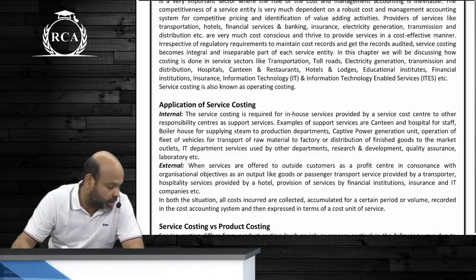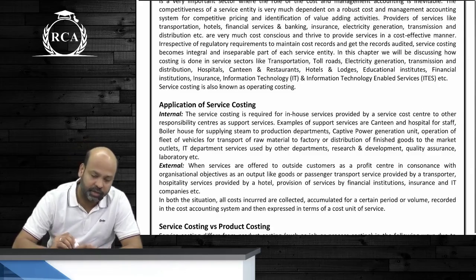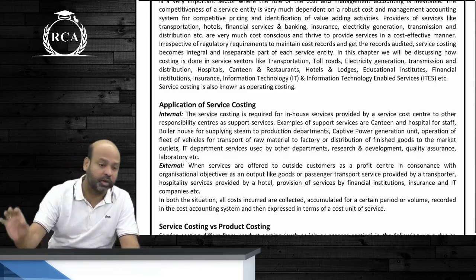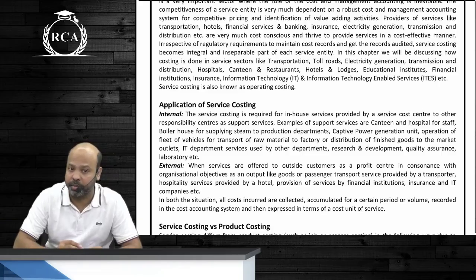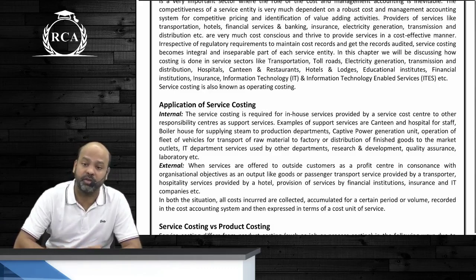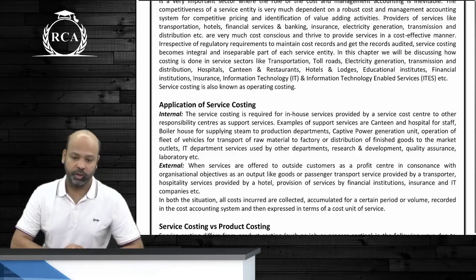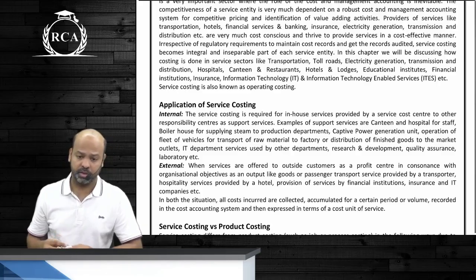Next, another major difference between the service sector and the manufacturing sector is the cost unit. Are we all aware of cost unit? Cost unit is a unit of measurement of how you express your cost. In the first class, I told you that we can segregate cost units into simple cost units and composite cost units. What's a simple cost unit and a composite cost unit?